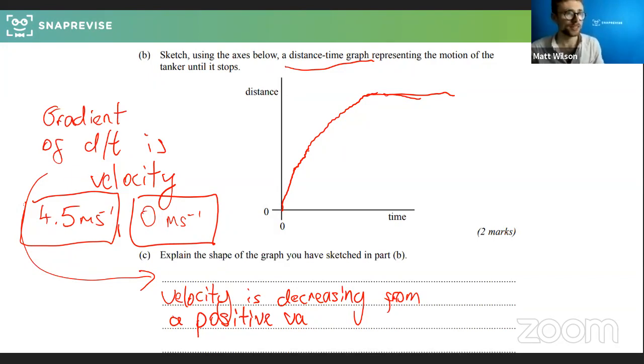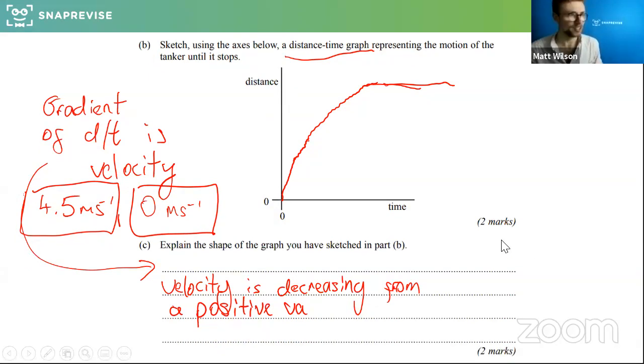Hello, apologies for that. Don't know what's happening tech-wise today. Try and get us back on the road. So where were we? So the velocity is decreasing from a